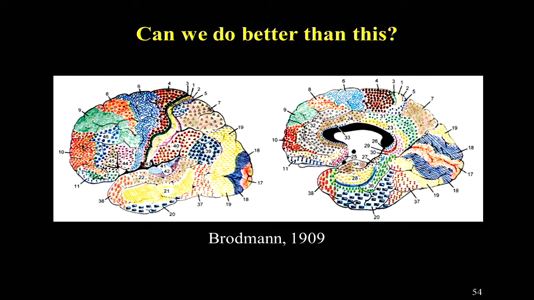And essentially what the game that is played inside architectonics is that we take the cortex and we divvy it up based on microscopic properties of the tissue. So what's the density of cells? What's the distribution of cells in different layers? Do I see big cells in this layer? Do I see small cells? Is layer 4 present? Is it kind of there? Is it completely absent? And so Brodmann took the brain and he divided it up into about 45 different areas